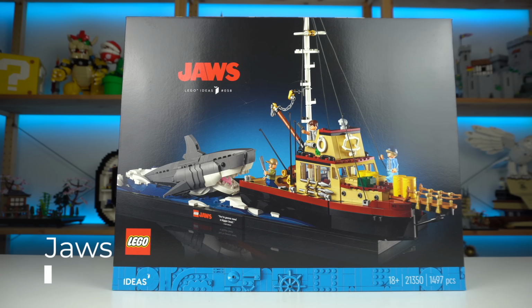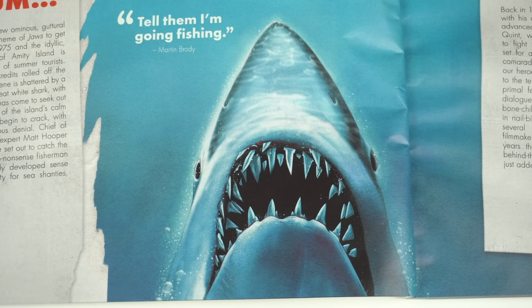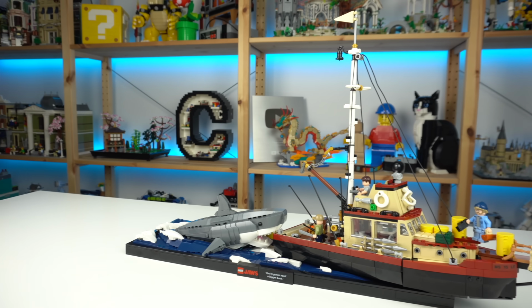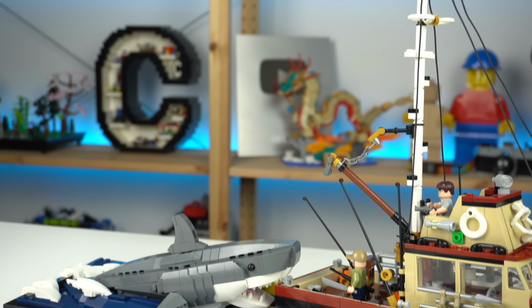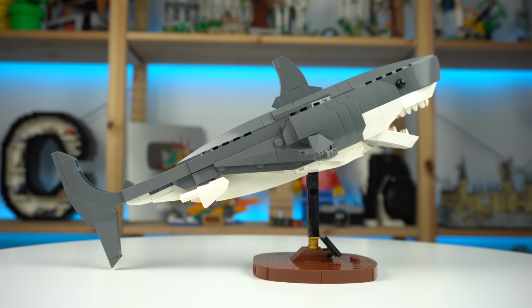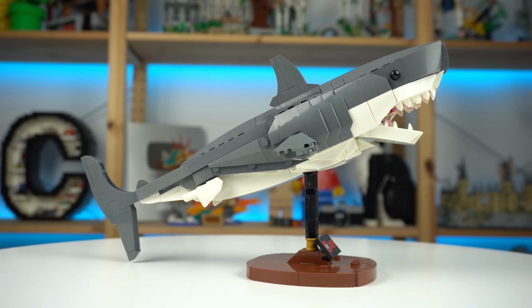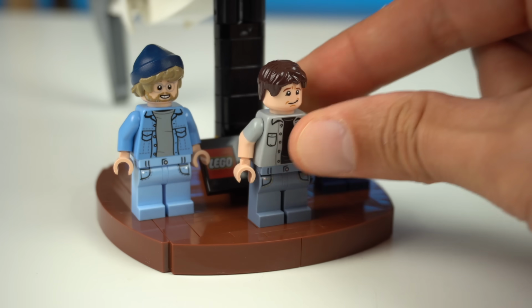Next up is the LEGO Ideas Jaws set, based off of the very popular summer blockbuster. Like the Snow White set, it perfectly captures the main aspects of the movie in a single display piece, and does it brilliantly. First, with the best looking LEGO shark ever, that was also an awesome build that has its own display stand where you can keep the 3 main characters, Quint, Hooper and Brody,